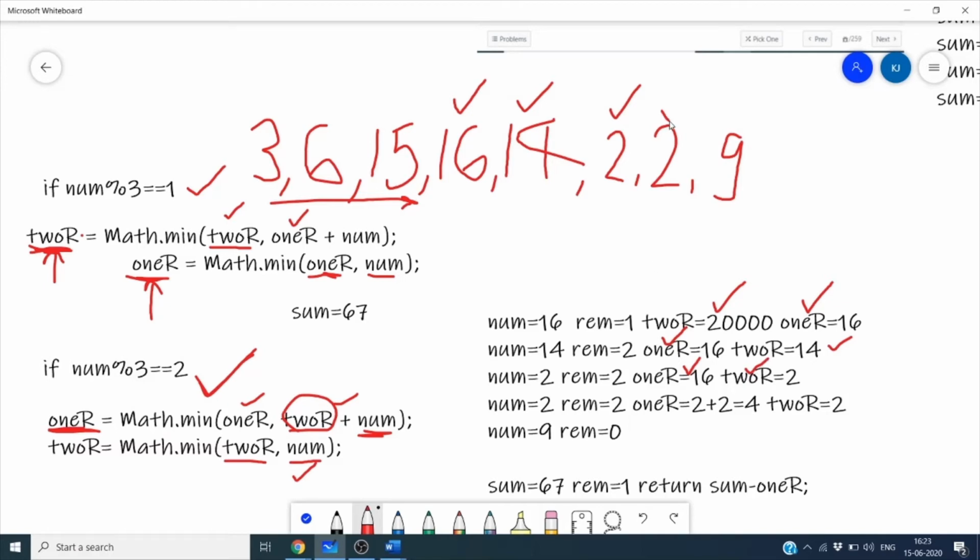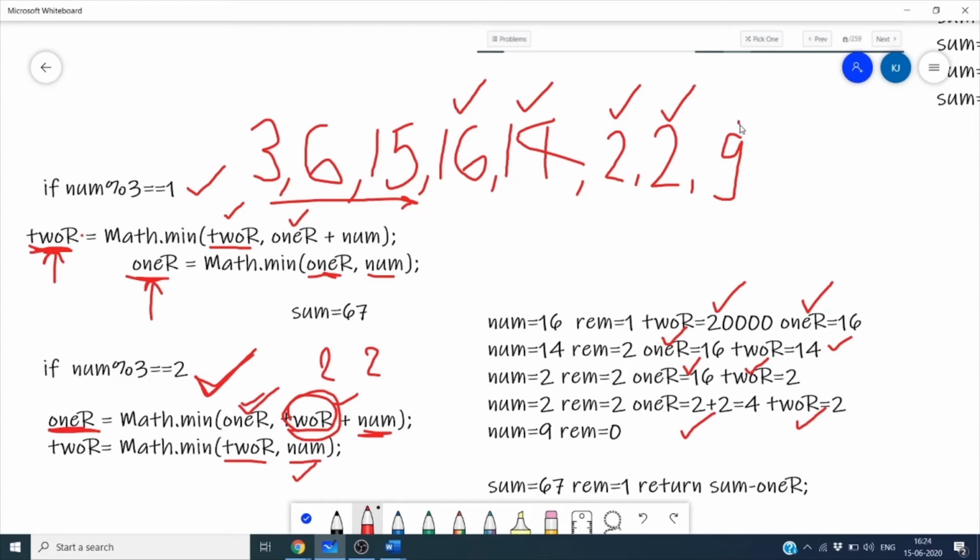Now the next element also satisfies this condition. So 1r is changed to the minimum of 1r and 2r plus num. Here the 2r value is 2 and the num value is 2, so 1r is changed to 2 plus 2 equals 4 and 2r remains 2.